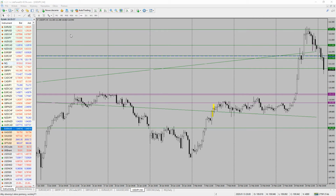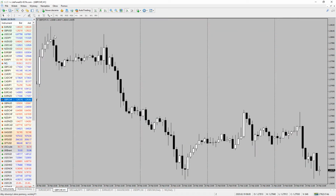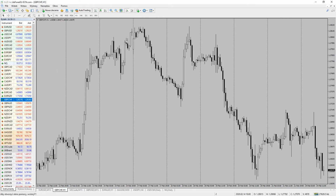Swiss franc. I'm looking to sell pound Swiss franc. I'm looking to sell dollar Swiss franc. Pound Swissy, I've been trading pound Swissy. I've been forced to close. Those guys with the free money, the central bankers, they forced me to run away. Anyway, looking to, or maybe even to here, looking to sell again pound Swiss franc,